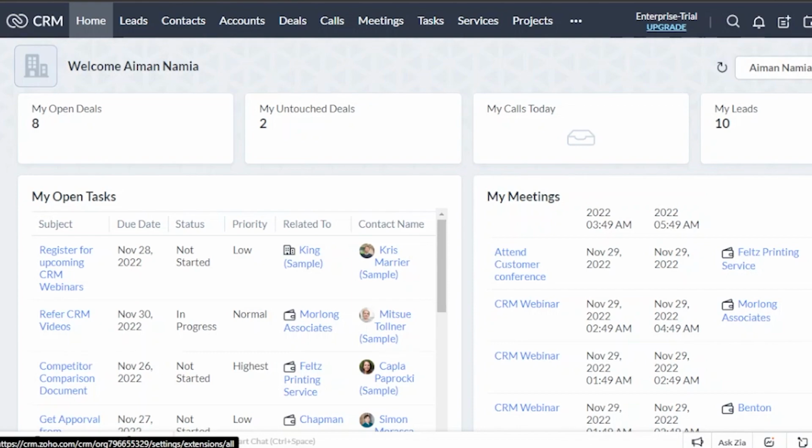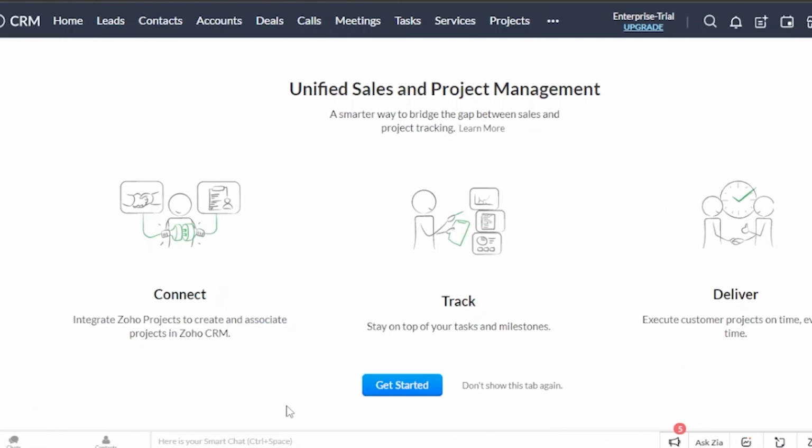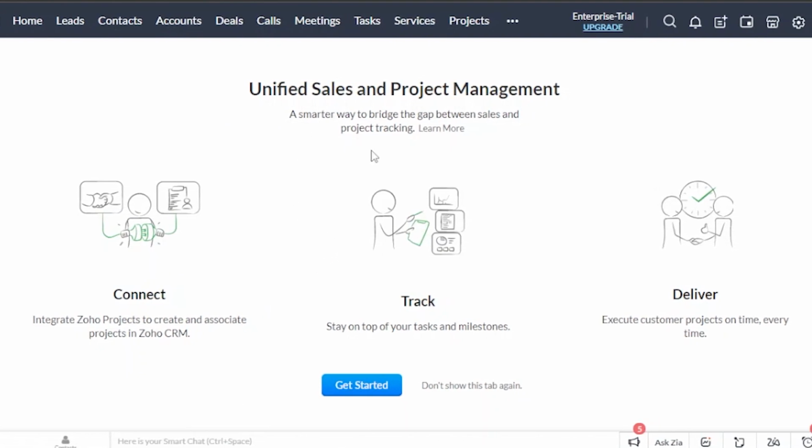So let's take a look at your projects and let's see if I can add more projects. Okay, so unified sales and project management, a smarter way to bridge the gap between sales and project tracking. So you have to connect and integrate Zoho Projects to create and associate projects in Zoho CRM. Then you have to track and then you have to deliver. So let's get started. Okay, so here you have your projects and you can create a new project from this